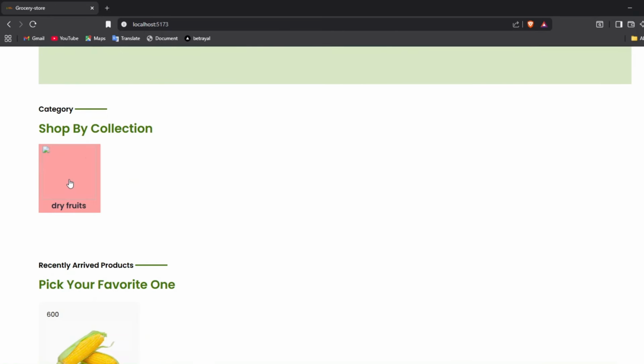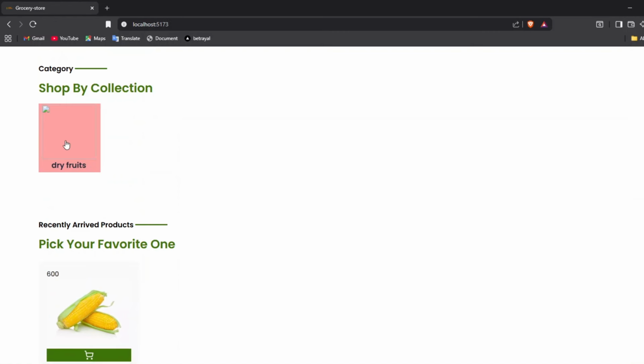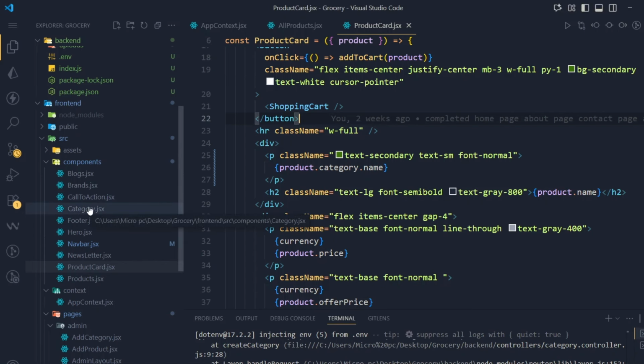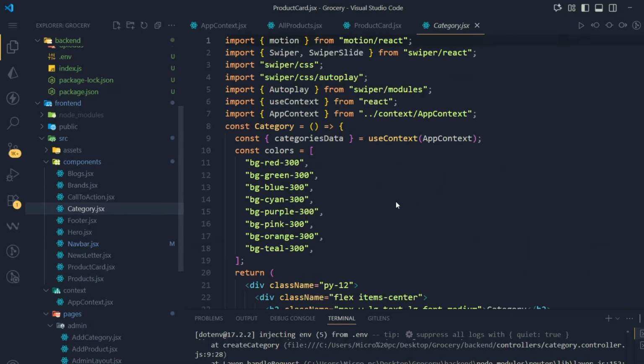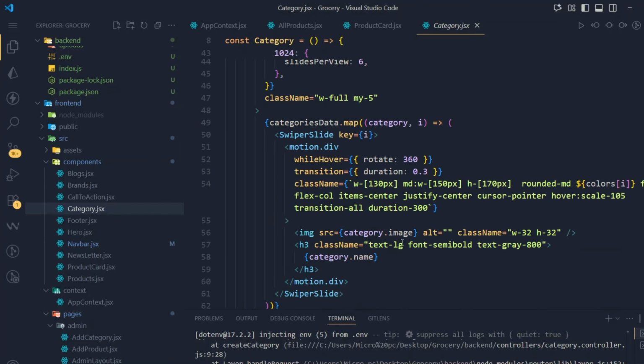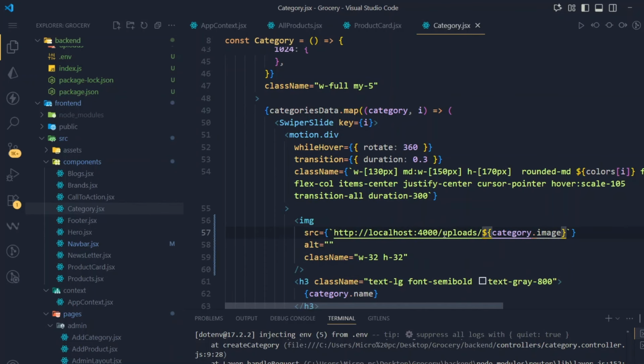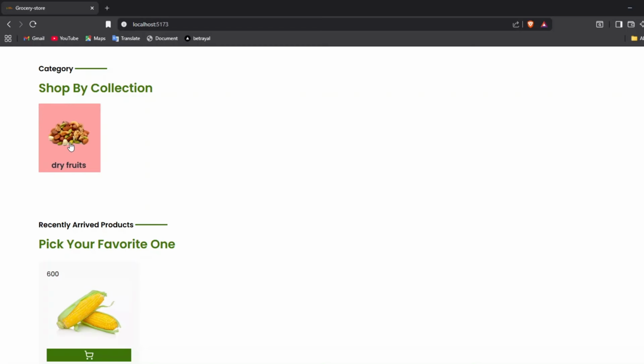We have just one category and one product, and we need to show the image here also. For that we will use category. This is the category component, and inside this we have this image. Instead of this we will use backticks, and here we will use localhost 4000 slash uploads then category.image. Now it is perfect. You can see here category, then here we have